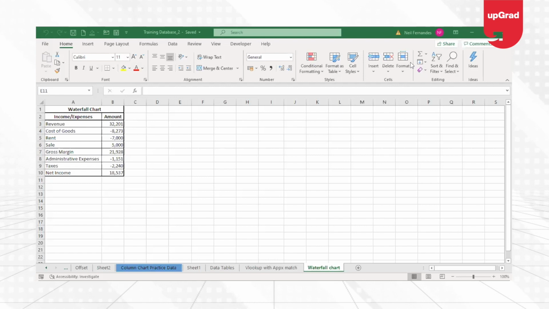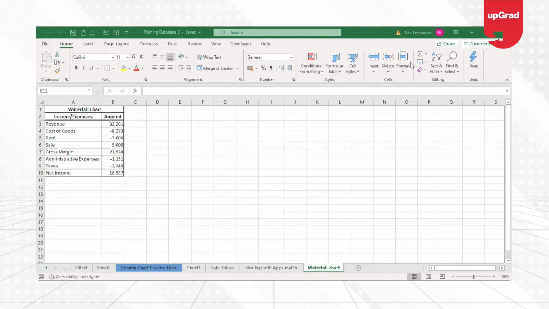Today I will take you through another advanced chart, and that is the waterfall chart. A waterfall chart is a special type of chart that represents how an initial value is affected by increases or decreases in the subsequent values, leading to a final value. This can be a very useful chart when you want to show inventory throughout a particular period, or show profit or loss and the net income post all expenses, etc.